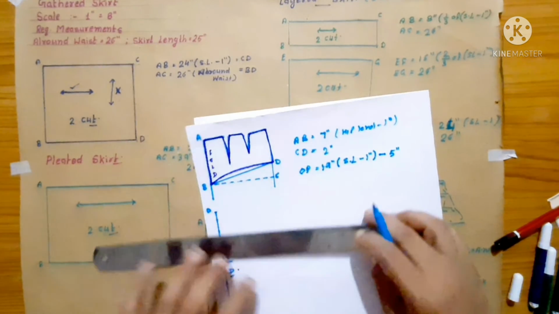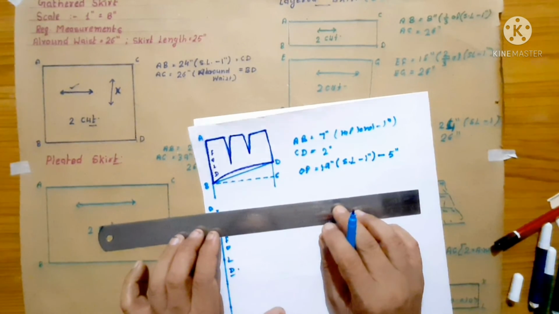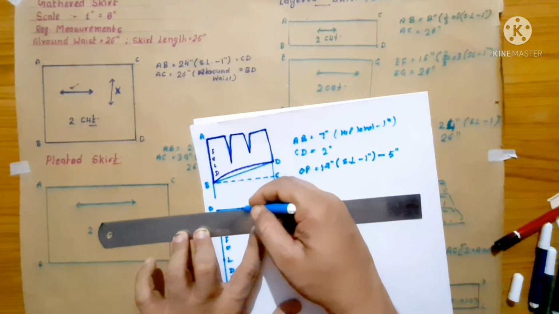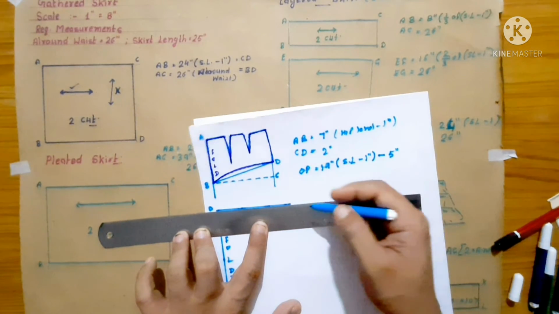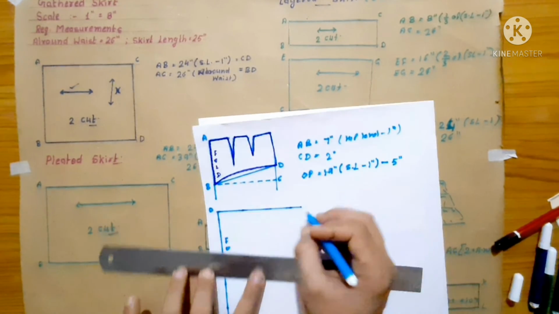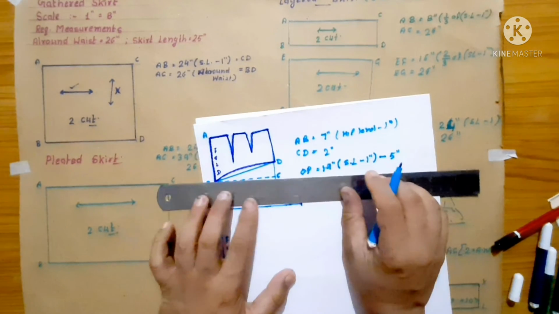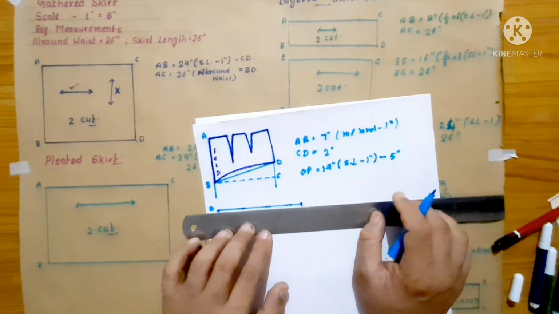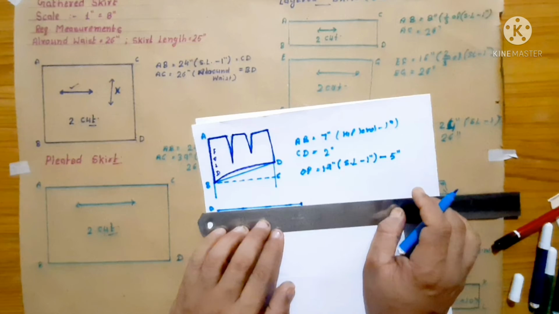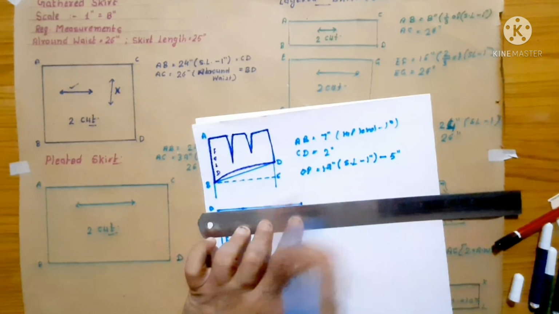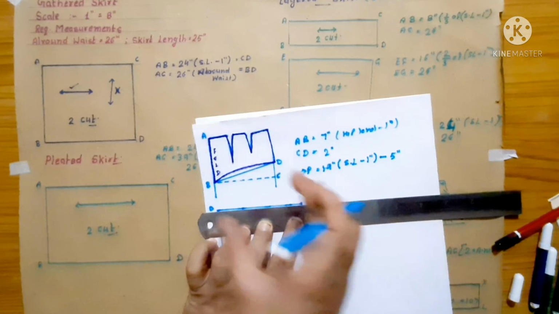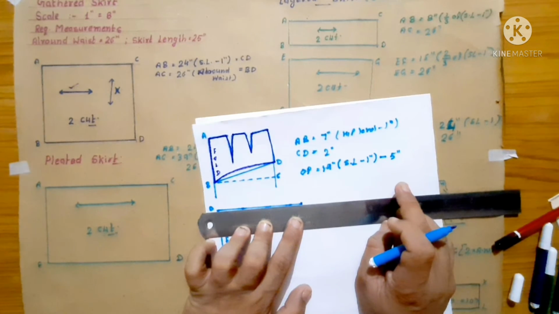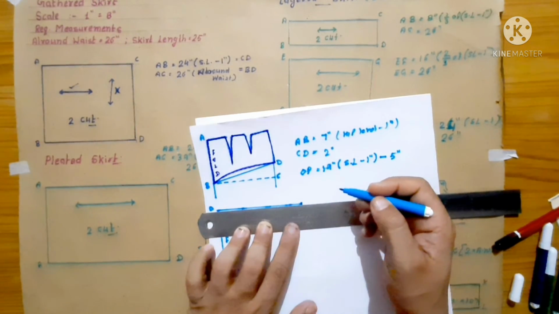Right? Now I'll take the point C, this is the hip level, that is 9.5 inches or 9 inches. So what I'll do, the all round hip is 36 inches, so I have to attach this here with the help of gathers. So 36, I will take here half of the 36, that is 18 inches.